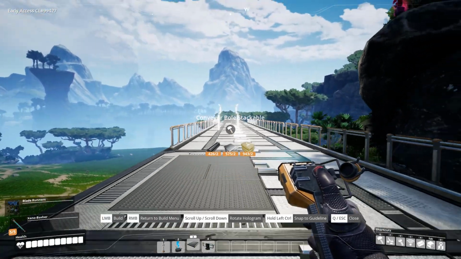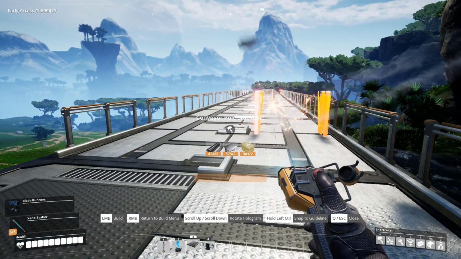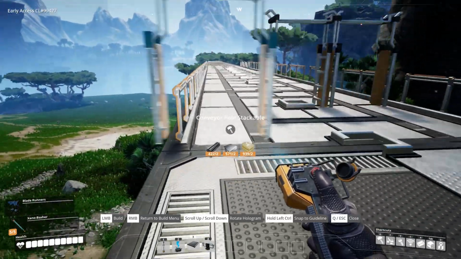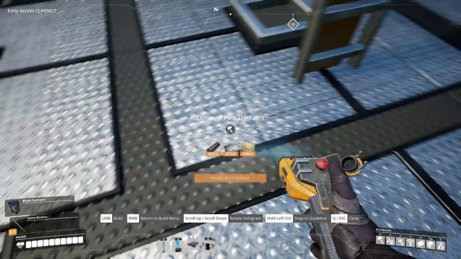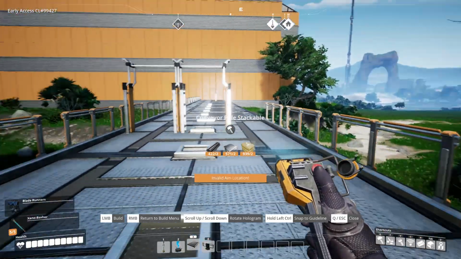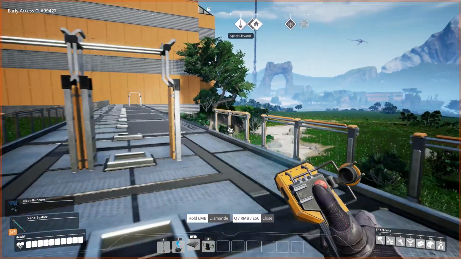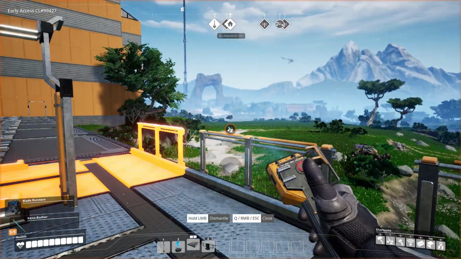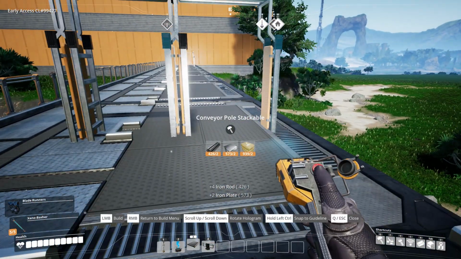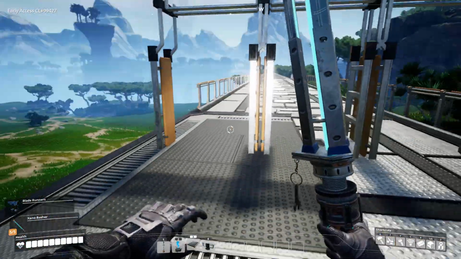Oh, what the heck? That's weird that it won't let us place it there. Must have to do with these, so we might have to come through afterwards with the, yeah, because if I get rid of this, is that going to allow us to place it now? It is. Okay, well that's something to keep aware of, I guess. These interfered with the placement of